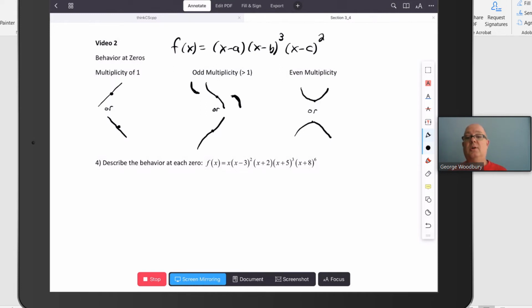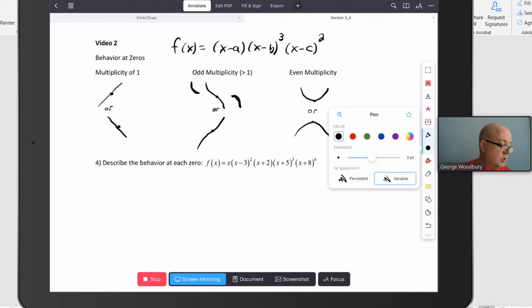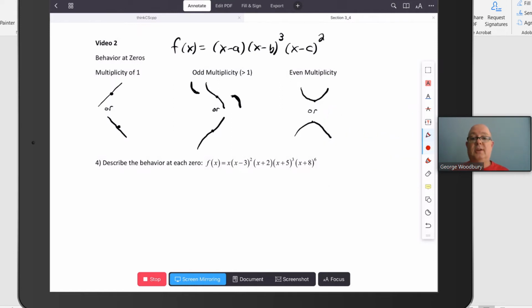So in this example, we want to look at the behavior at each zero. Underneath in red, I'm going to write the multiplicity for each of these. So we've got a factor x. That's got a multiplicity of 1. X minus 3 squared, that's a multiplicity of 2 because it's squared. X plus 2 is back to a multiplicity of 1. X plus 5 has a multiplicity of 3, and x plus 8 has a multiplicity of 6. So for behavior,